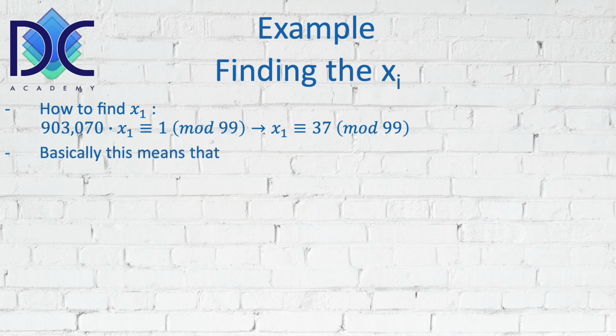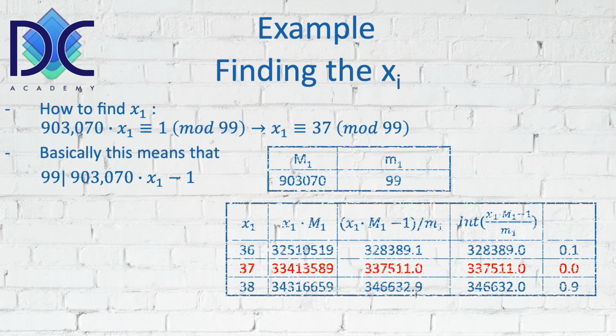Now, how do we get there? Basically, what we have in the first part is that 99 divides 903,070 times x1 minus 1. So basically here we can find x1. And when we look at a table, when we put this in Excel, we can do the calculation for different values of x1. And when x1 is 36, we find that x1 times M1 is